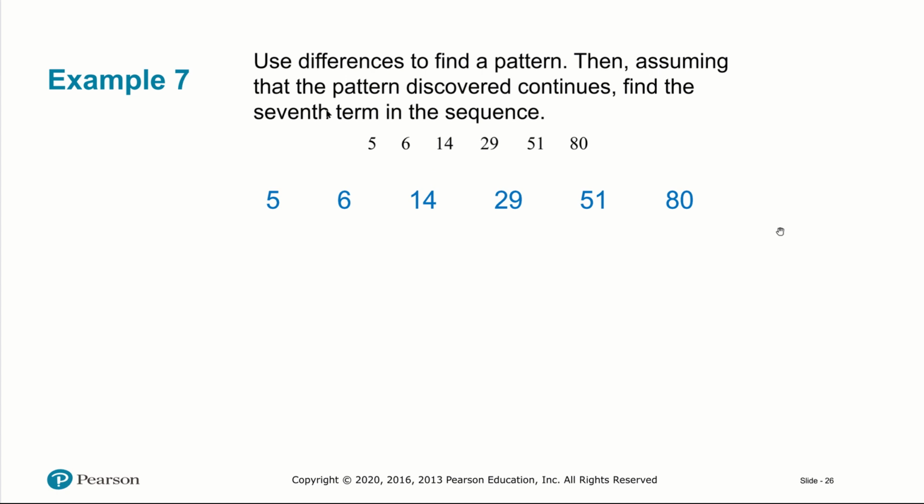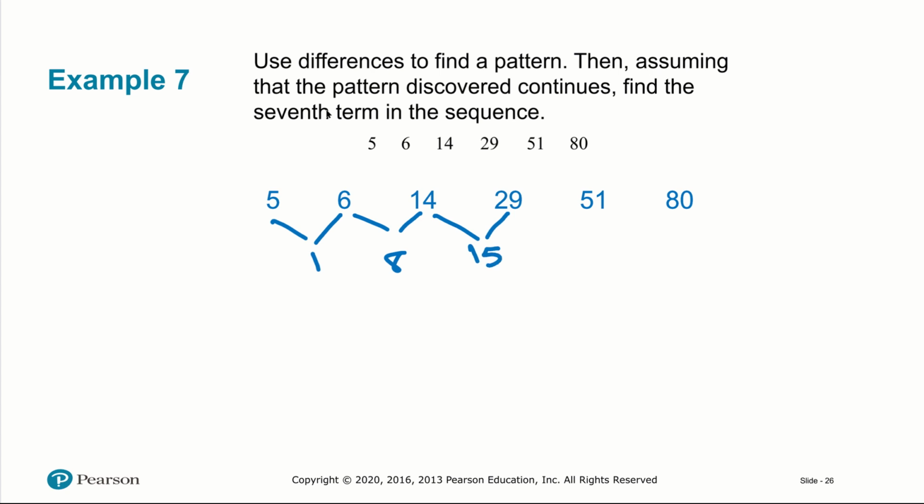All right, so we go ahead and proceed by finding the differences between the consecutive terms. So we can show that like this. We find the difference between these two, we know that's 1. Between these two, we notice that difference is 8. Between these two, the difference is